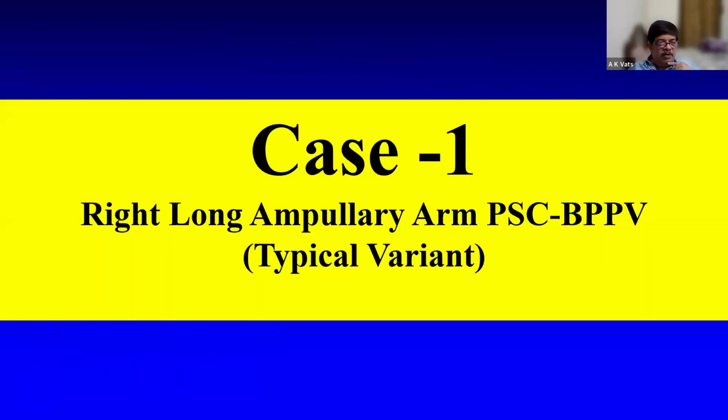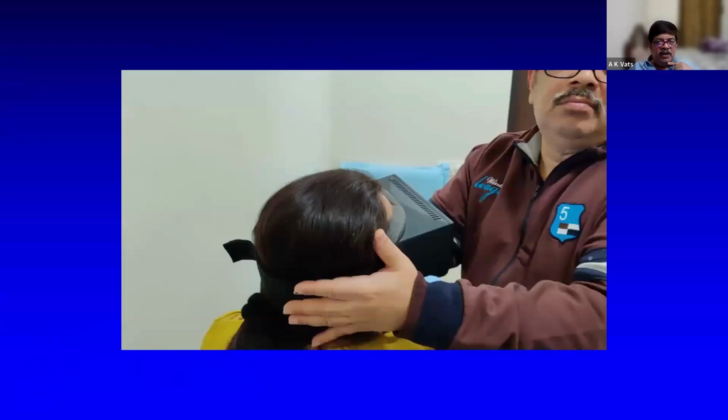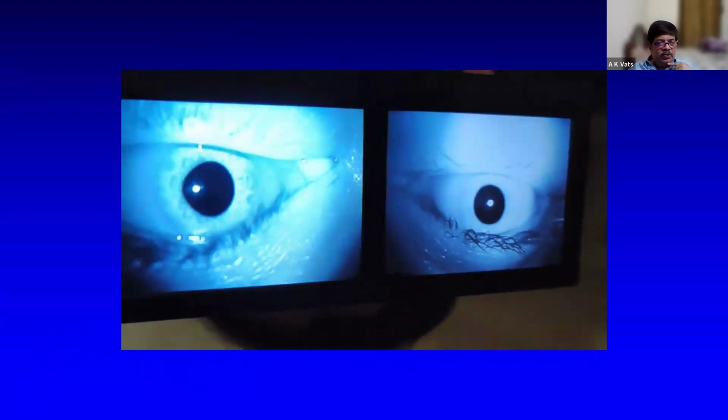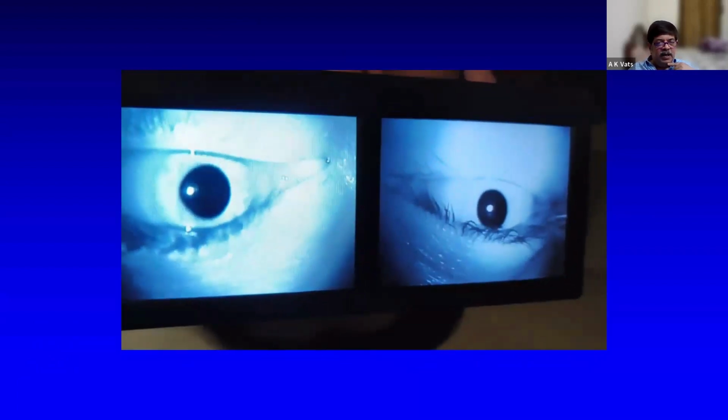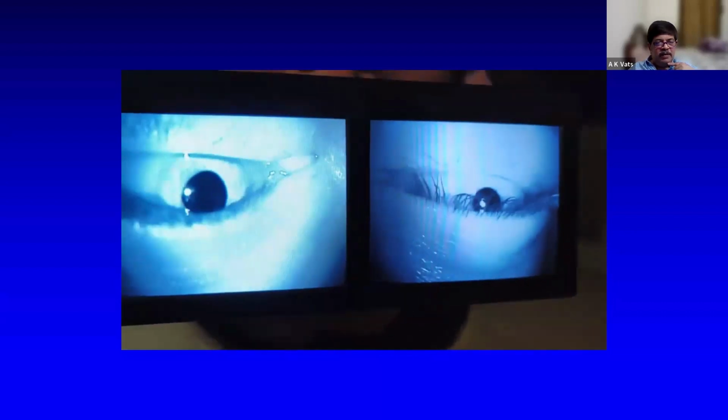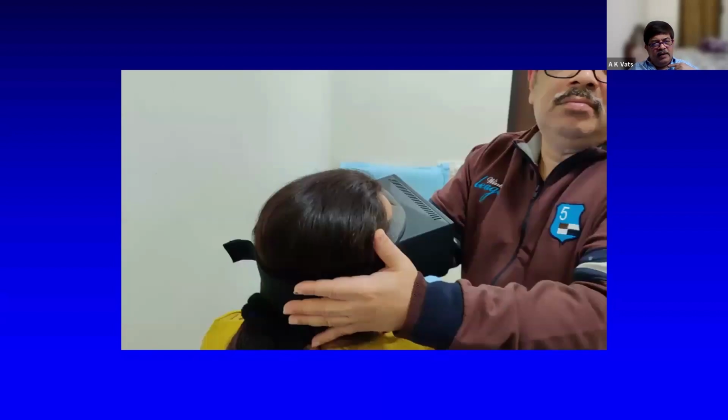So case number 1, this is a 38-year-old female patient. She came to me on 30th January with history of positionally triggered dizzy spells. The right Dix-Hallpike shows an upbeating, torsional, typical crescendo-decrescendo nystagmus. So this is a clear-cut case of right posterior semicircular canal BPPV, which I treated with the